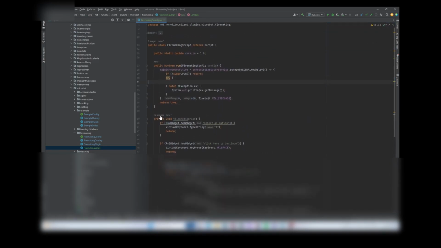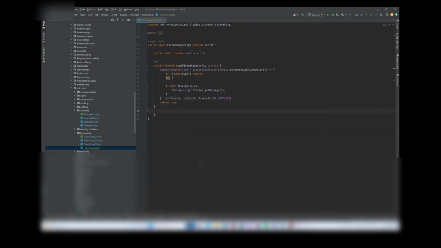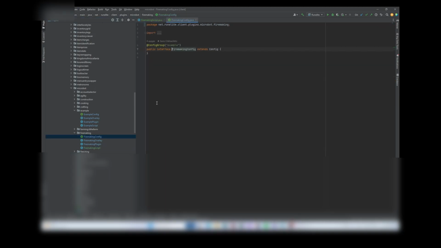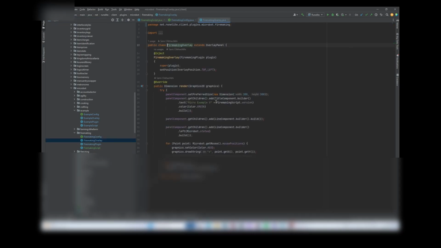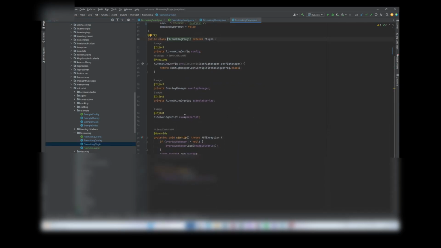just clean it up a bit. Yeah, there's some code from other scripts. There you go. This is basically the setup that you need. Let's see if this is empty. Yes. Overlay, you can leave it. It's not that important. And then you can go to the Firemaking plugin file,